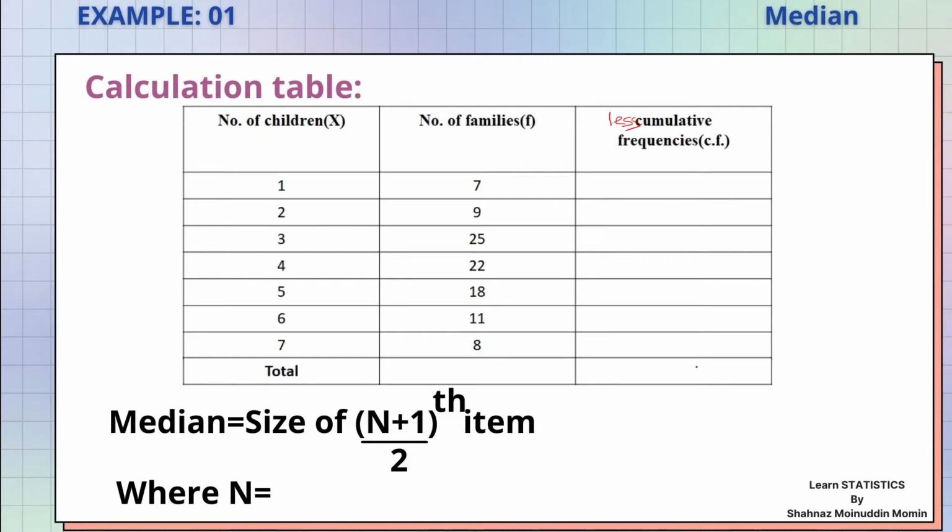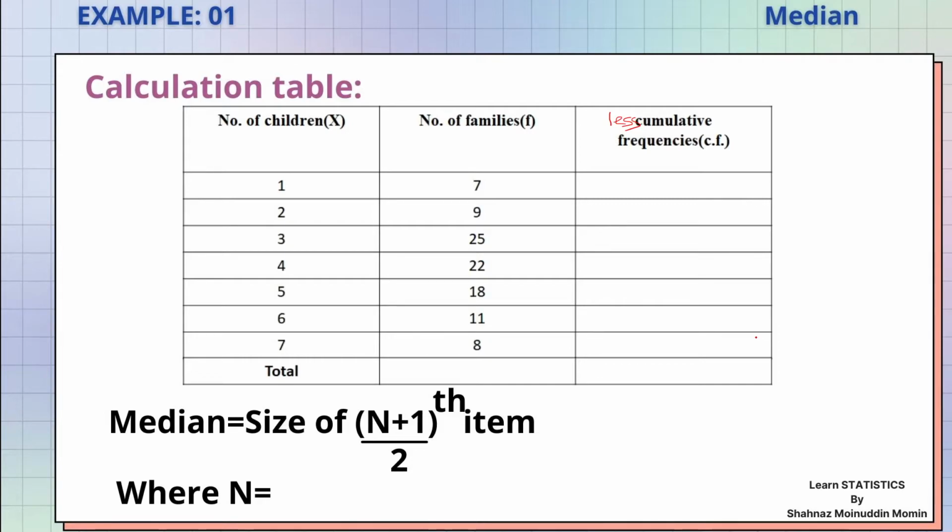We have learned what cumulative frequency is in the previous lecture. If students want to know it in detail, click on the I button at the top right corner of the screen, and the link of that lecture is also mentioned in the description box.